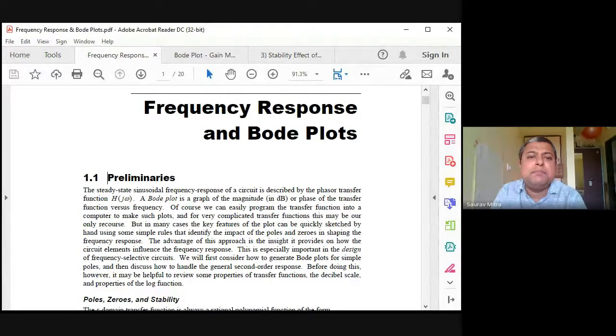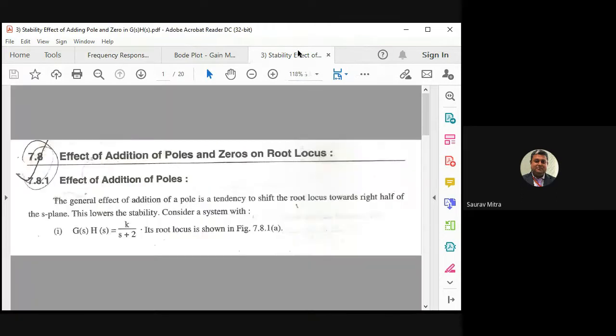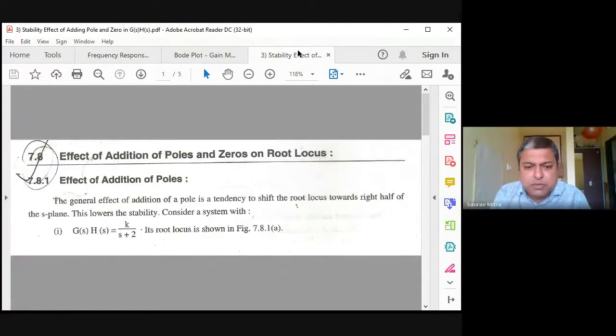But before that, one very small thing was pending from root locus. Actually, I have not posed the question, but that thing I want to explain first, and then we will go for the starting of the Bode plot. So 27 students have joined. I think this is enough. More than that is not expected.